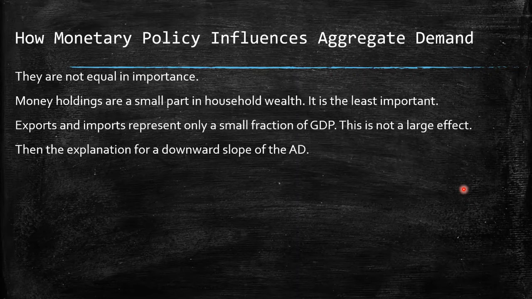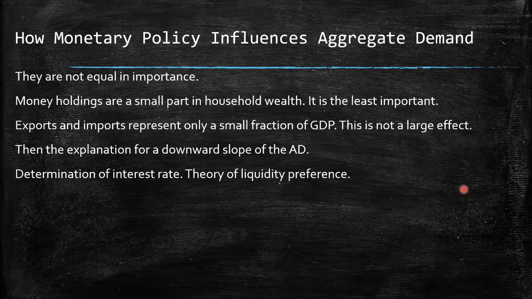But the explanation for the downward slope of the aggregate demand should be more determined by the interest rate. And for understanding this part better, we are going to develop the concept of the theory of